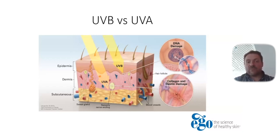section, and what we know about the ability of the UV radiation to penetrate the skin. What we know is UVB, which is the one predominantly linked to DNA damage, especially at the interface between the epidermis, which is the top layer in that diagram, and the dermis, which is the one underneath that undulating line, is the one causing redness, or erythema as we call it, and also causing DNA damage, which is associated with melanoma. Melanin is the pigment that actually gives you a tan, and that's where the mutation might occur to actually